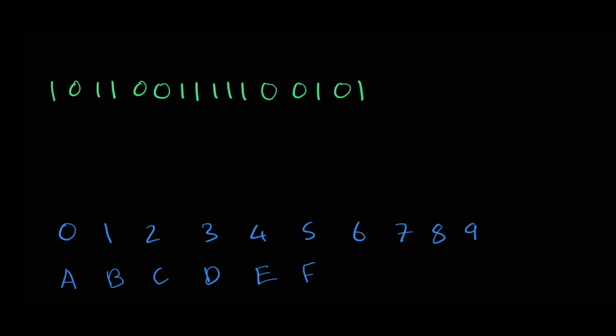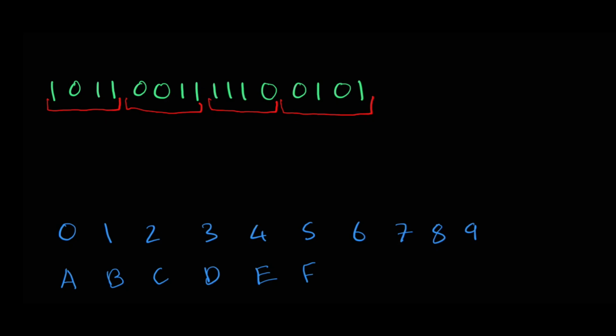And now to convert binary into hexadecimal, you split the binary number up into groups of 4 starting from the right. So we can split it up into groups of 4 like this. And we end up with 4 groups of 4. And then for each group of 4, you simply convert it into the equivalent hexadecimal digit. So starting from the right,